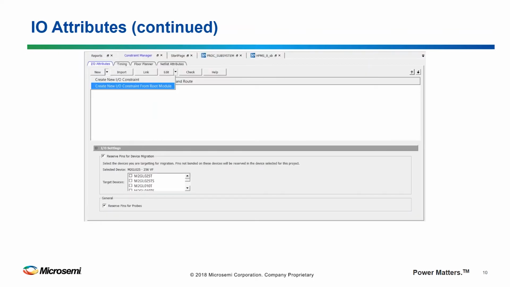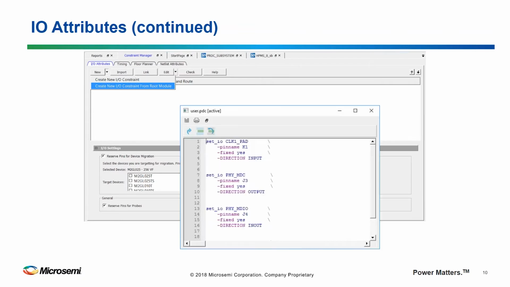Now we can use those IO graphical-based tools after we run synthesis, but we also can bring in text tools. So if we move to the left here on the IO Attributes tab and say New, I can create a new IO constraint tab, that constraint file that's a text file, and I can even create a little template file if I say Create New IO Constraint from Root Module, which will open the text editor for me, and it